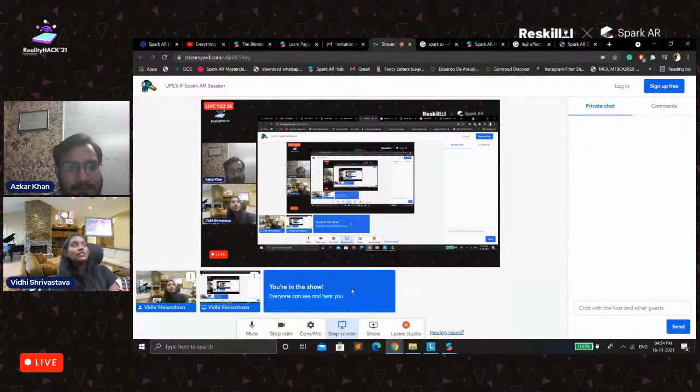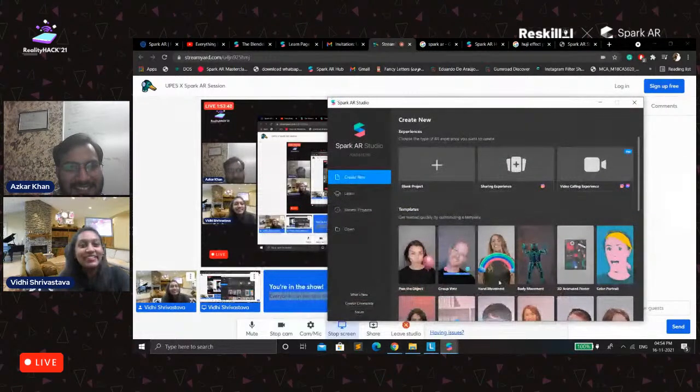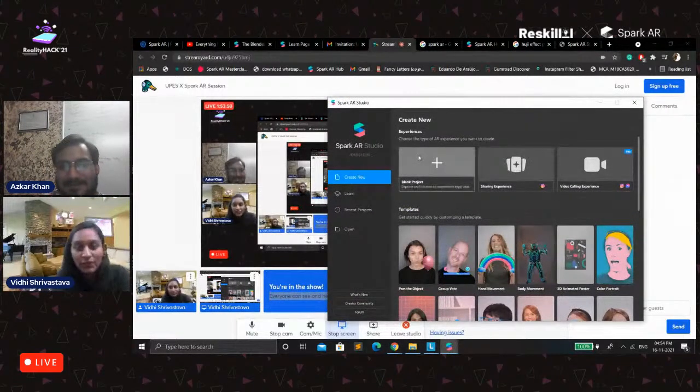Okay, so for example, if you are using Photoshop, there will be different layers. One minute. Is he talking about the Photoshop layers or the Spark layers? I guess the Spark layers. If he's talking about the Spark layers, there are different layers. I'll tell you how you can change the layers also.